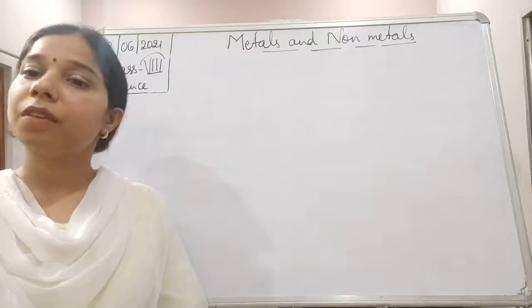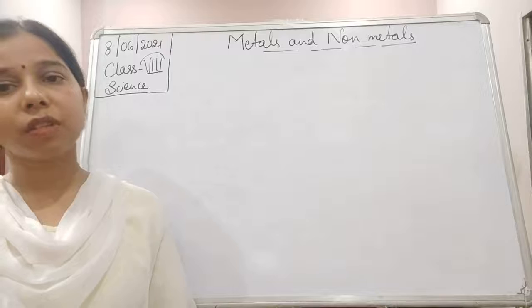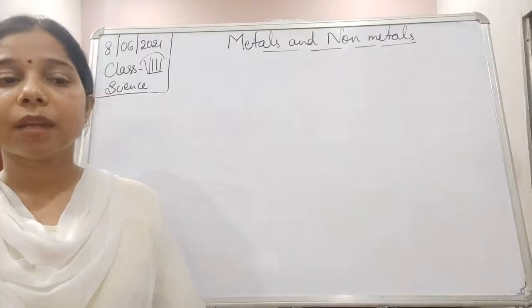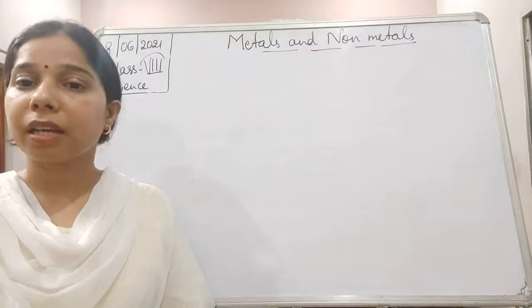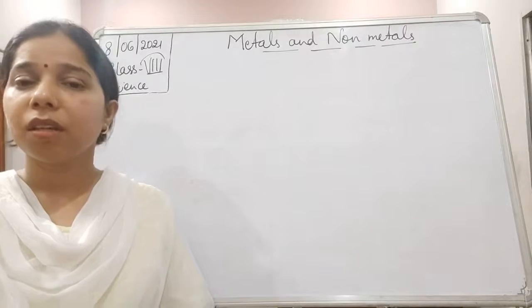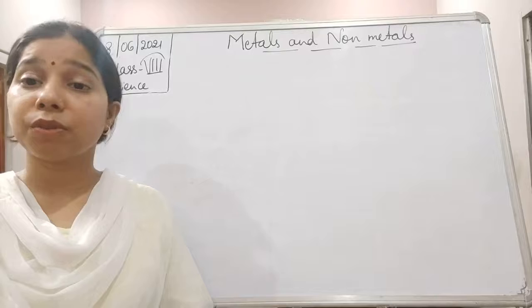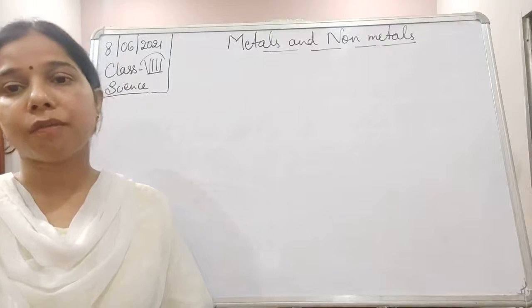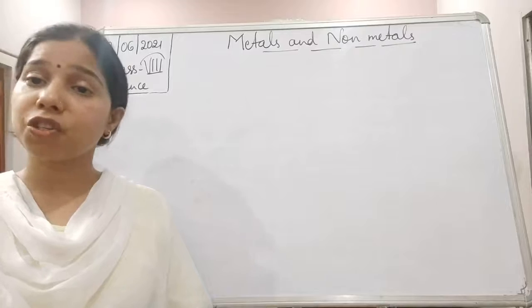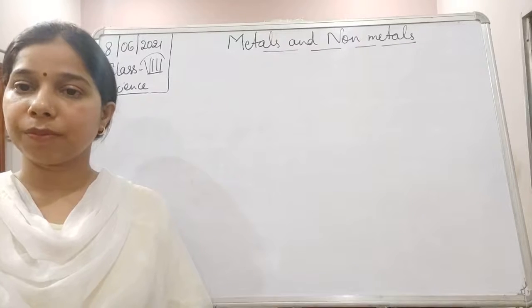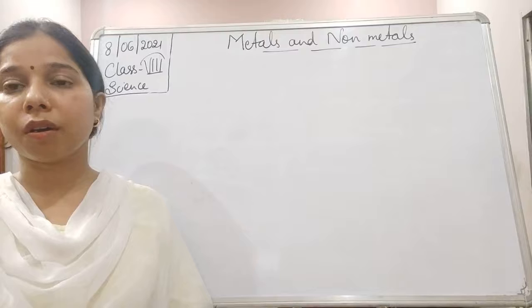Then corrosion of silver also happens. It occurs because a gas present in the atmosphere, called hydrogen sulfide gas, reacts with silver and finally forms silver sulfide, which tarnishes the color of the silver. That we call the corrosion of silver.